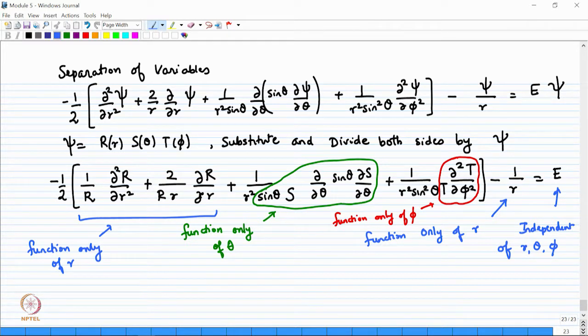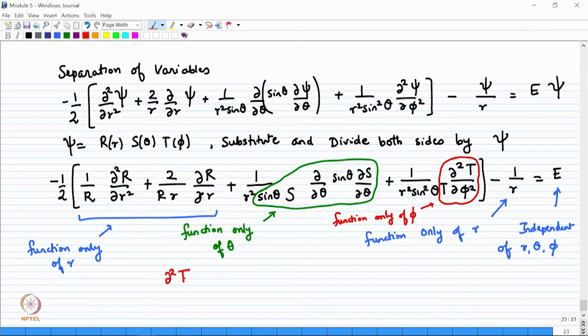So if this whole thing has to give a constant, then you can immediately say that, apart from the terms that are only a function of r, the term that is only a function of phi should have no dependence on phi in this equation. So immediately you can say that